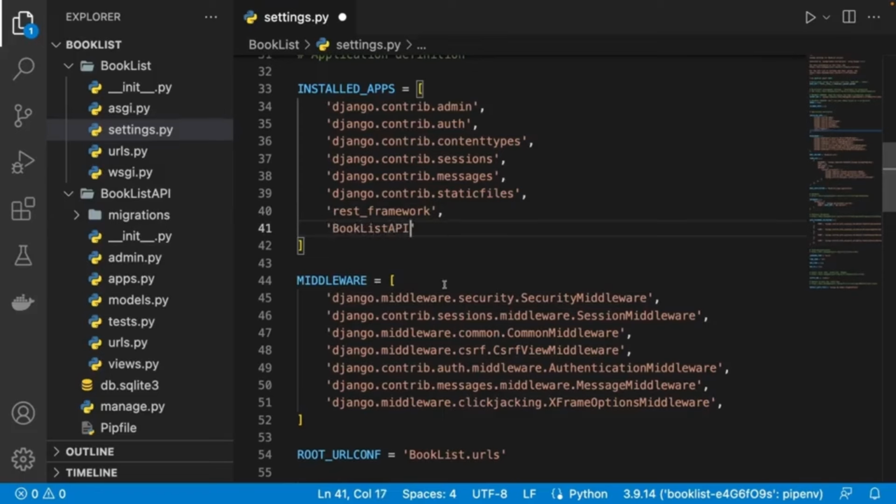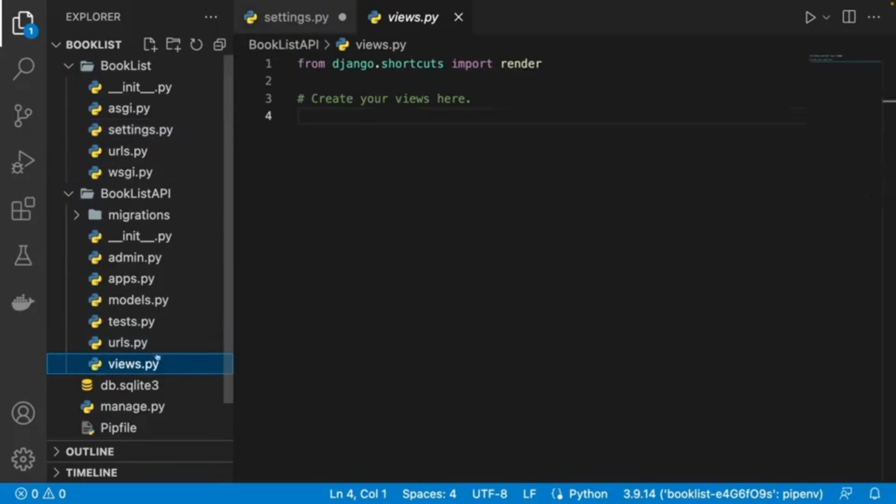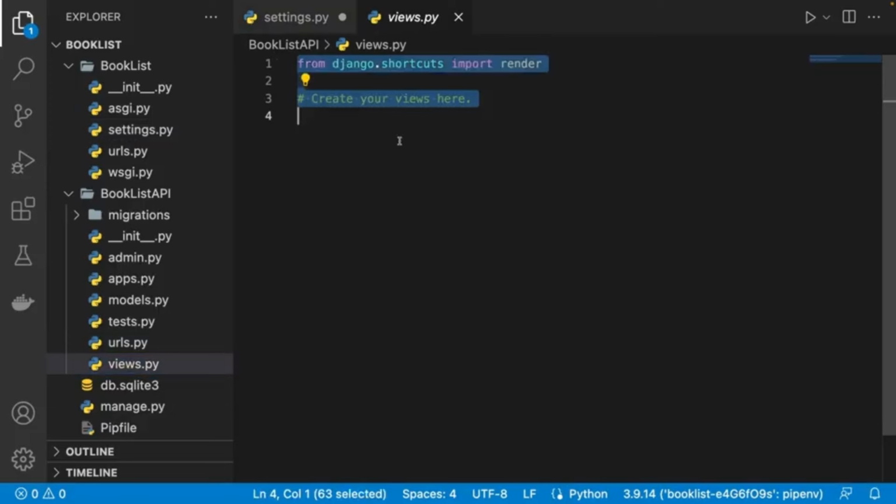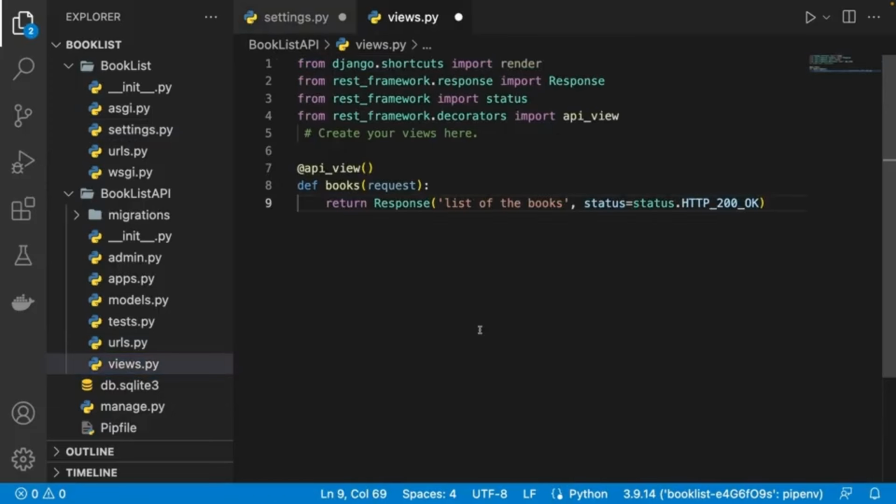Now, let's create an API endpoint making an HTTP GET request to the localhost URL /books. Open the views.py file from your booklistapi app and add the following code to it. This is a simple endpoint that displays a message. DRF comes with an improved version of the default HTTP response class called Response. You'll need to wrap the methods with the decorator